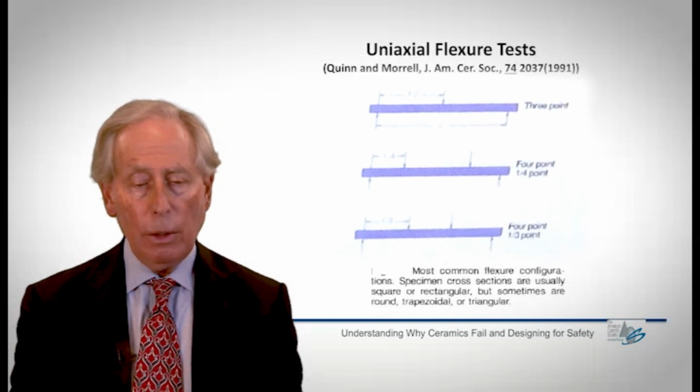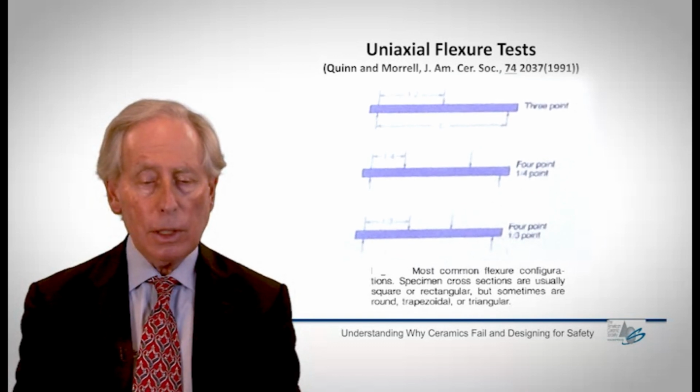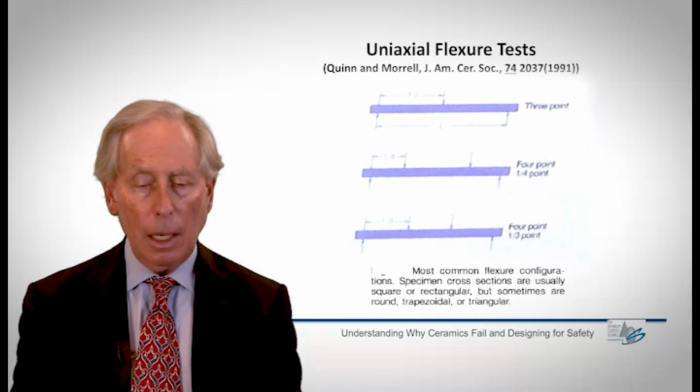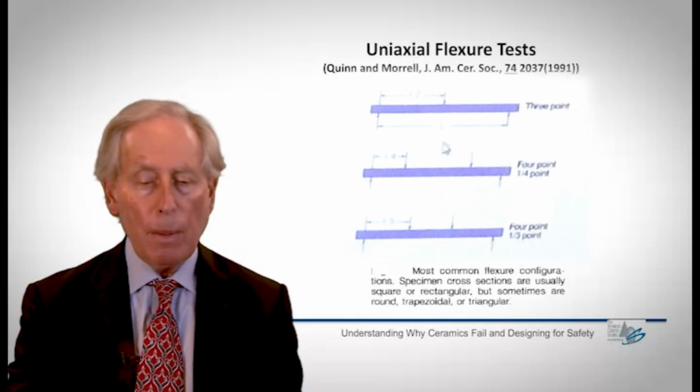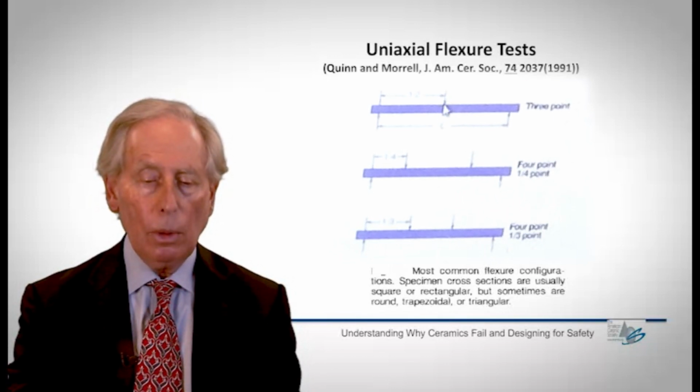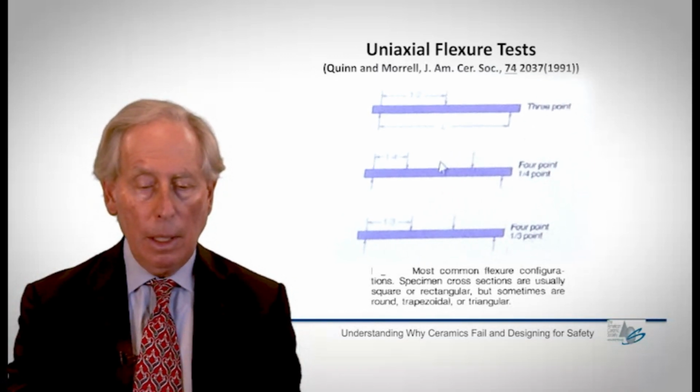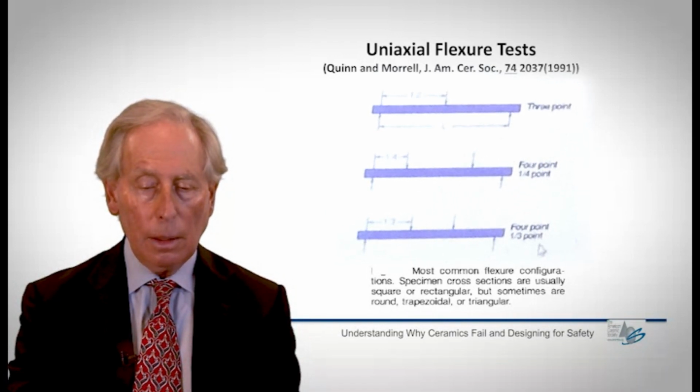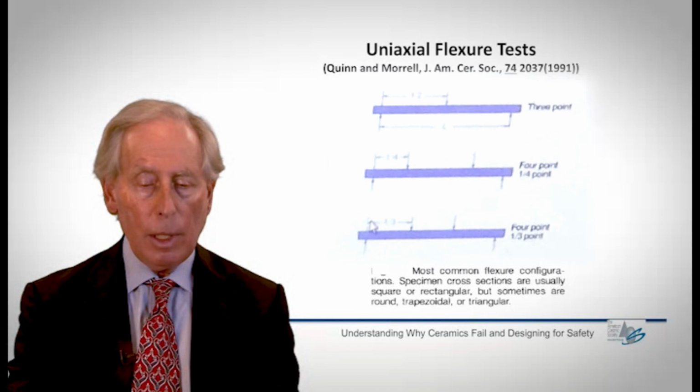So here's what a uniaxial flexural test looks like, taken from their reference. You can be in three-point bending. In other words, I have a central load that you see here. It's supported on two ends, and I simply load it to failure. And there are a couple of different ways, what are called quarter-point loading that you see here, or third-point loading that you see down here. These are common in the standards, but basically